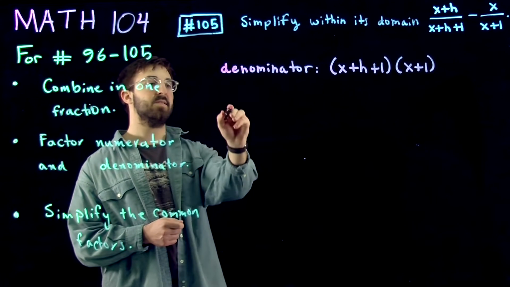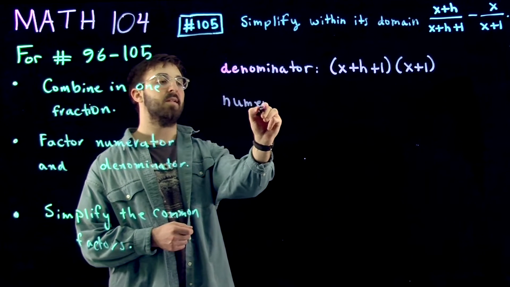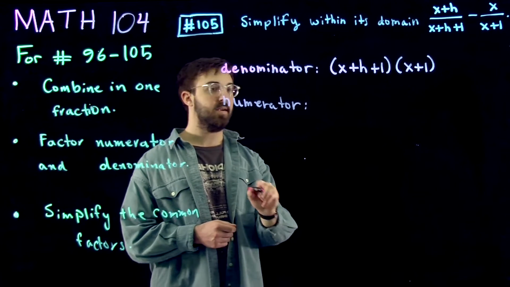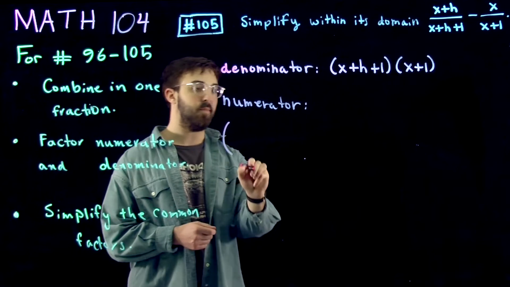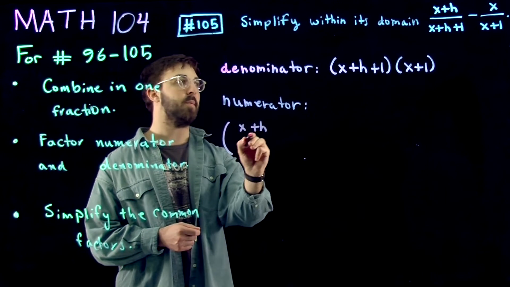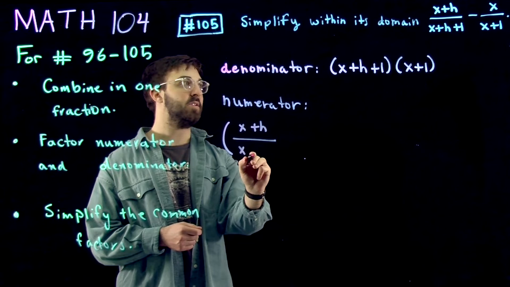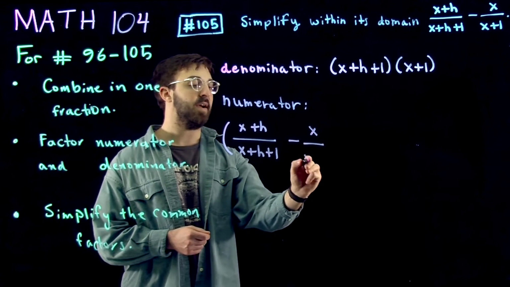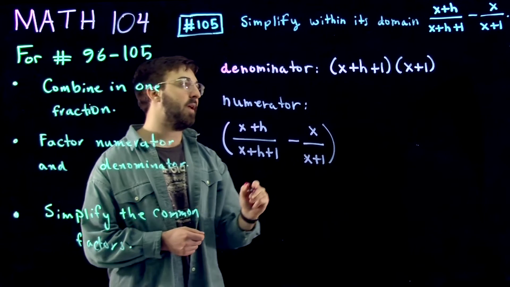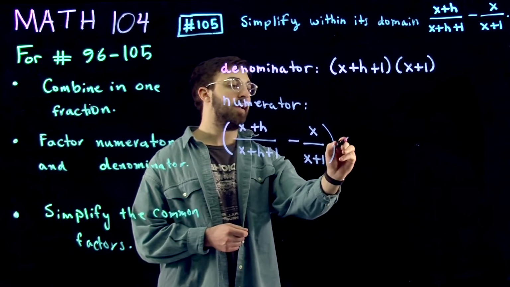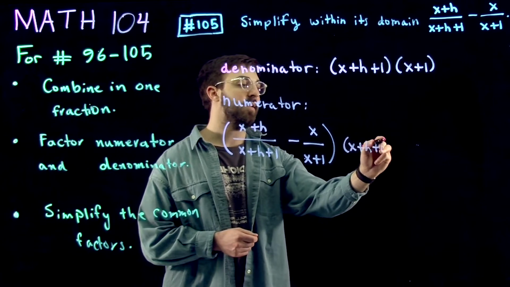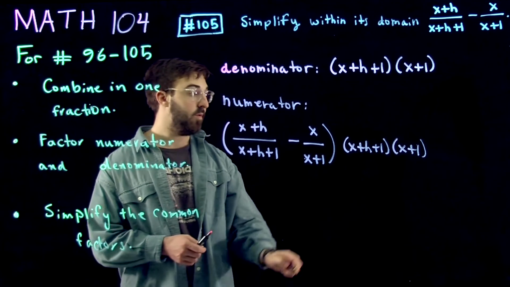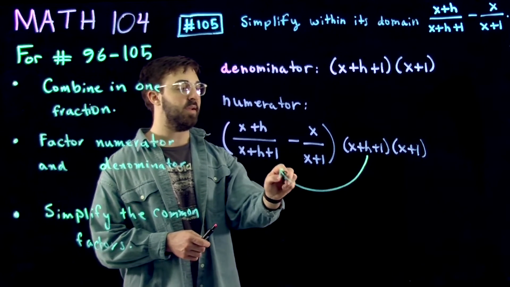Okay, now we turn our attention to the numerator. In order to find the numerator, we'll take the original expression and multiply it by our new denominator. So we've got (x + h)/(x + h + 1) minus x/(x + 1), and we're going to multiply that by (x + h + 1) times (x + 1). Okay? So distributing these terms,